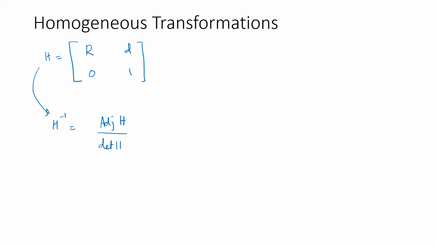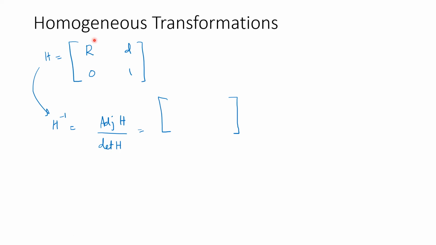In order to further substantiate our claim that homogeneous transformations are going to make your life easy, let's see how the inverse is taken. So if a homogeneous transformation is defined as having a rotation matrix R and translation vector d, with 0 and 1 over here, let's take the inverse of it. So this is going to be equal to when you take the adjoint and multiply with the determinant. So in this particular case, the adjoint is